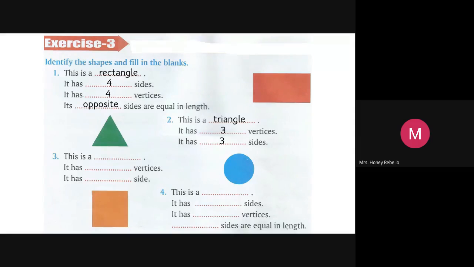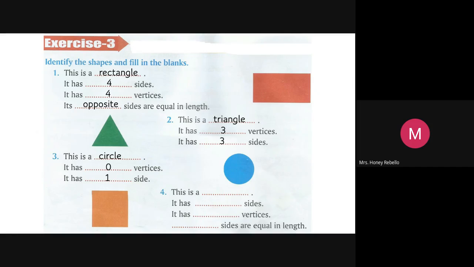And just look at the circle, children. This is a circle. Please write the correct spelling. And there is no corner for it. 0 vertices. And side, you mean that curved surface. You just see the circle. One side. That is the curved side, children. Curved side. This is a circle. Please write fast. It's not necessary for you to learn it by heart.